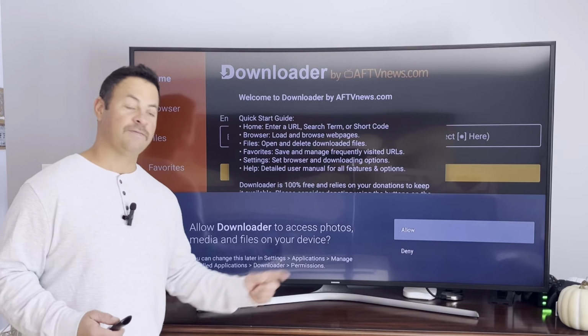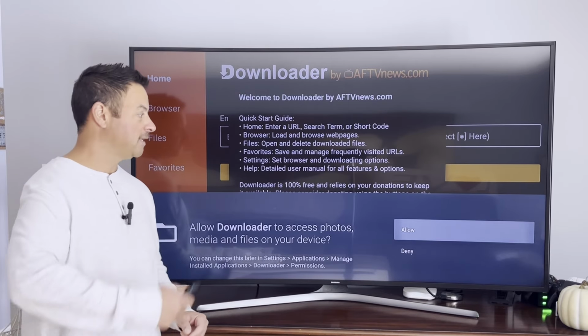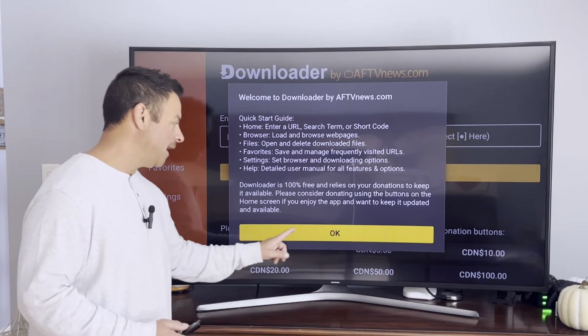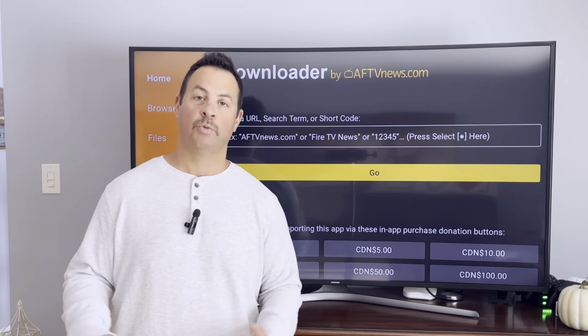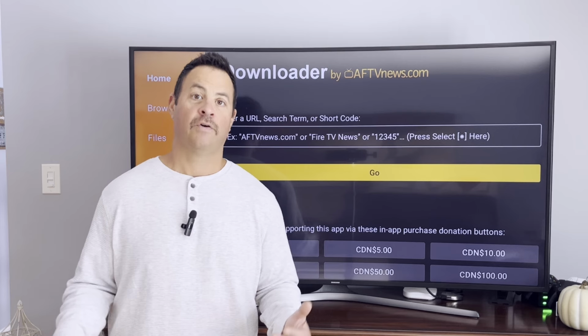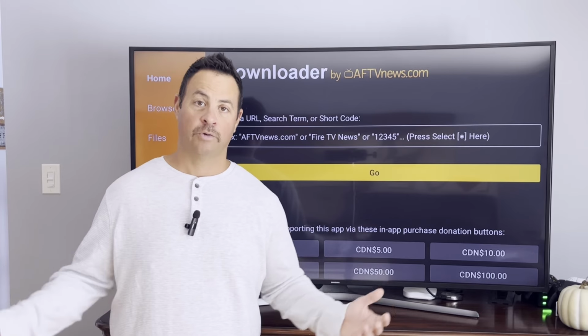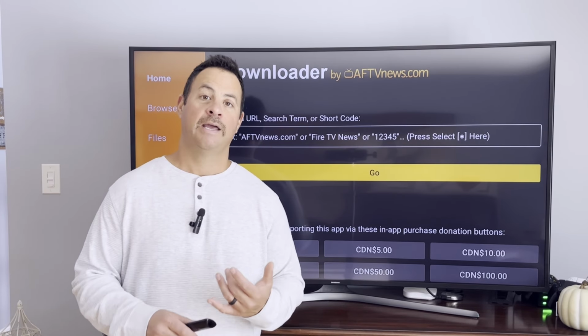Allow Downloader to access photos, media, and files on our device. Click Allow. Here's a quick start guide. We can click OK. Now Downloader works just like a web browser, so we can type in any URL. For instance, we're going to go to my website, ledbytheunknown.com. So we would type in